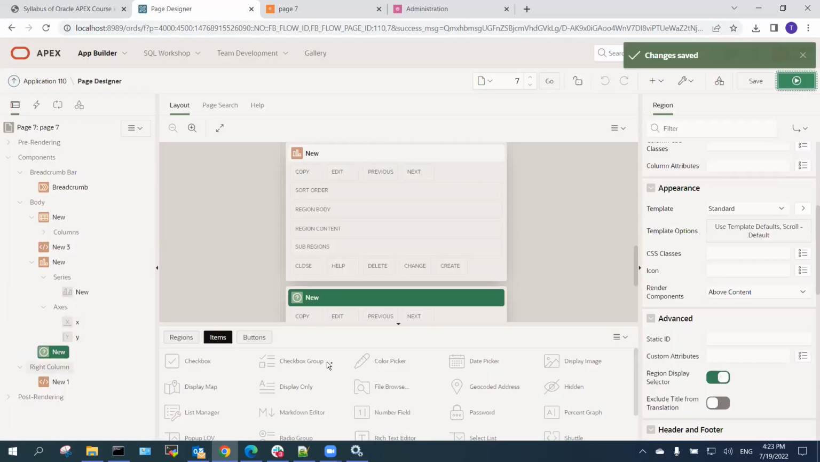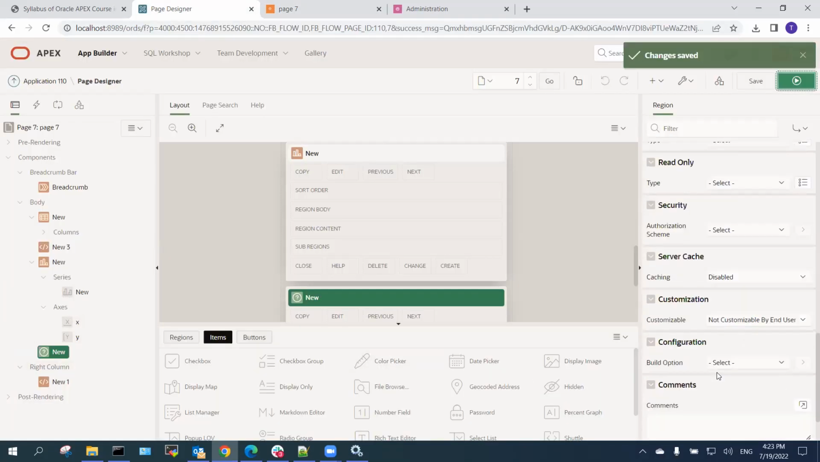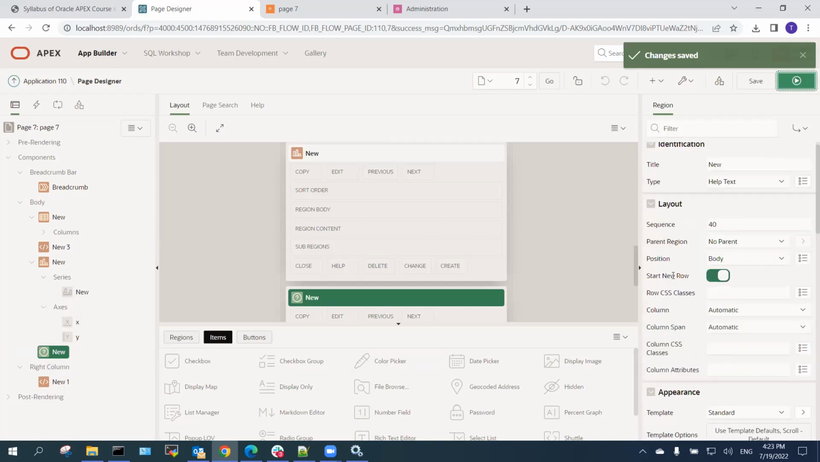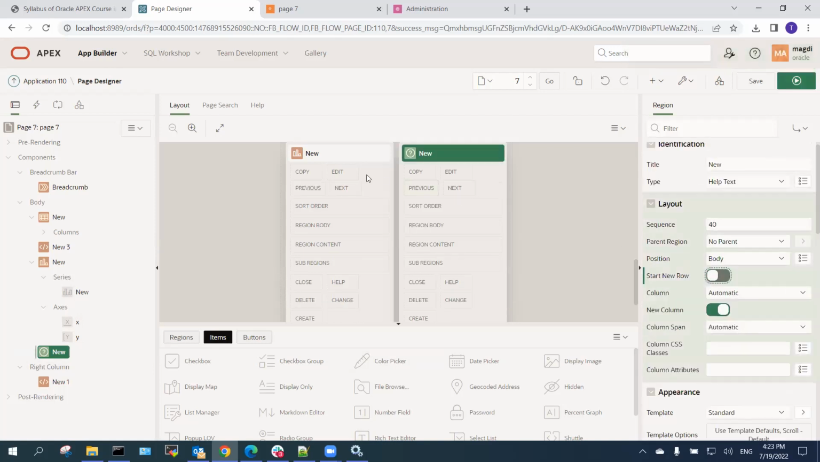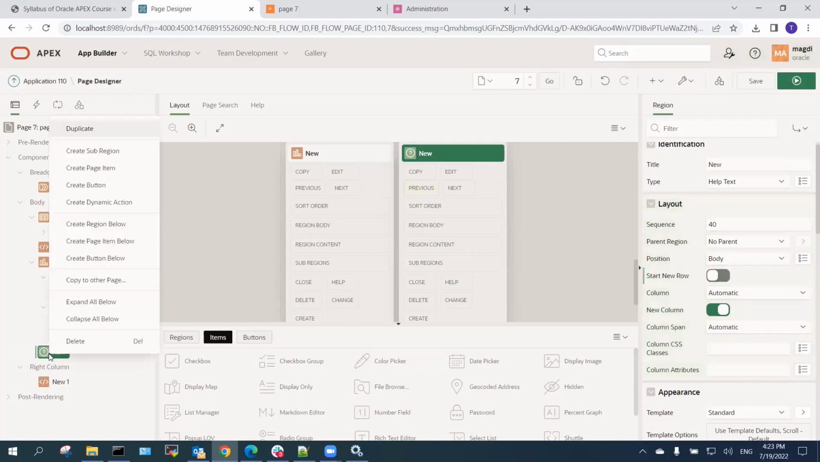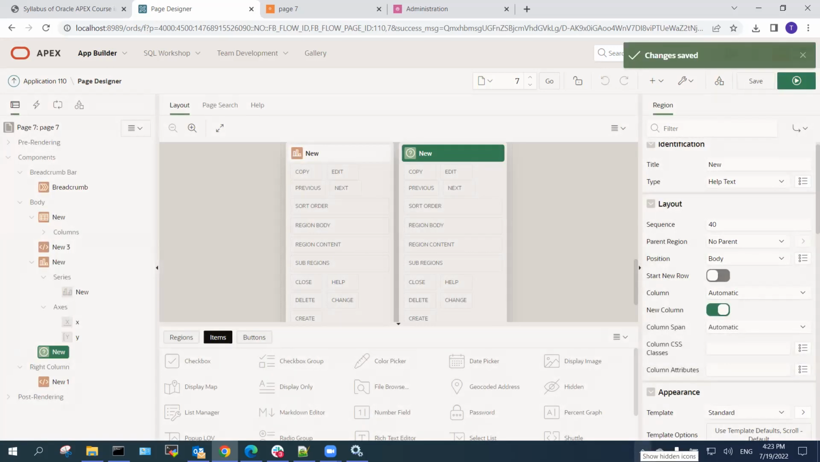You can move it, instead of starting a new row, you can just make it in a new column. Also we can create a region called... I think we have enough with regions. We will explain this next session. So this is how you can create a different region by selecting different attributes